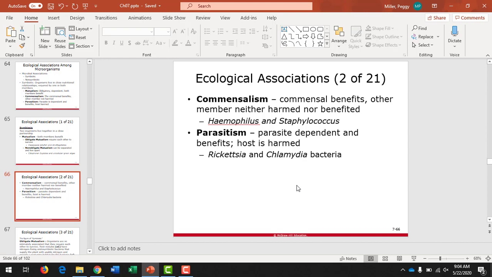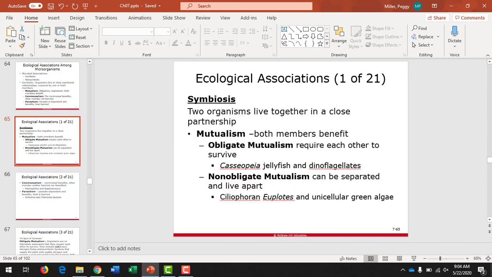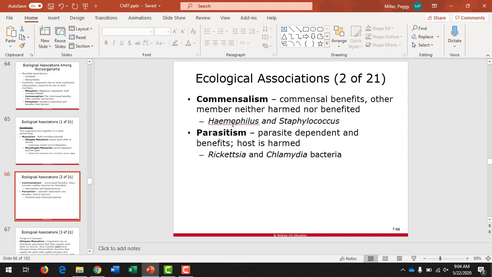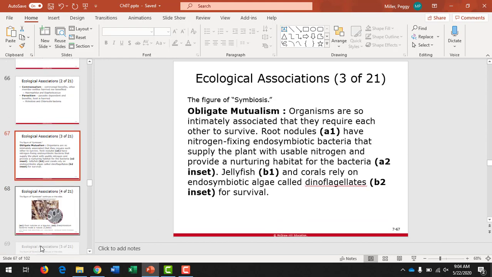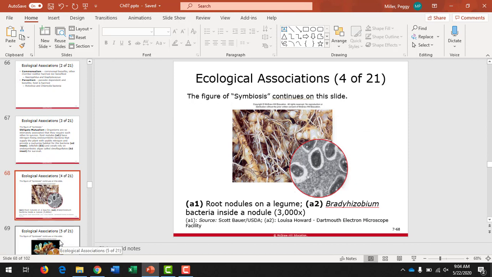So if you want to take a look at those in your book, figure 7.13. Some of these you may have never realized how many organisms you have living on you, and it gives some examples of some. It gives some good examples with lots of pictures. But I'm going to scroll ahead